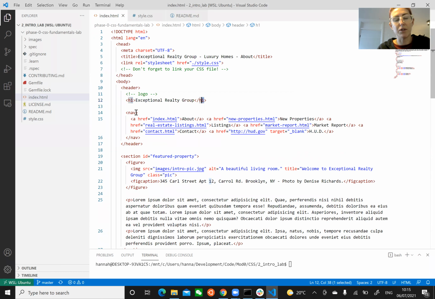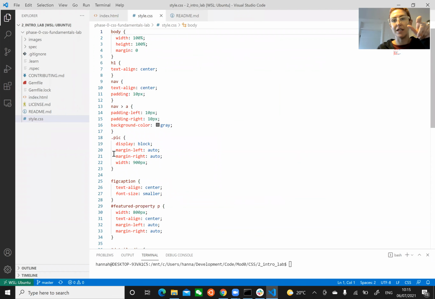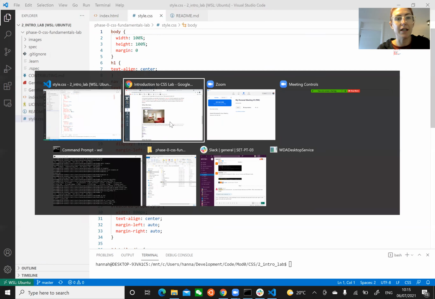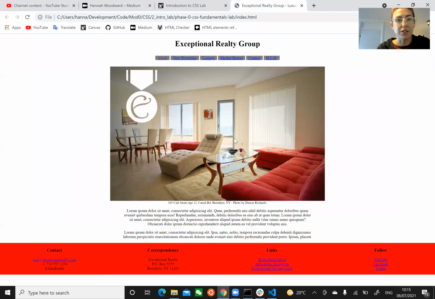and what you're saying to CSS is within nav, if it's also an A, then we want there to be padding around either side of it, and we want the background color of that to be gray. So if we go and have a look in here, you can see we've got those, and you've got that little padding. I've also got it here, which is my file that I've saved. So here we've got those links, and we can see that just around the text,